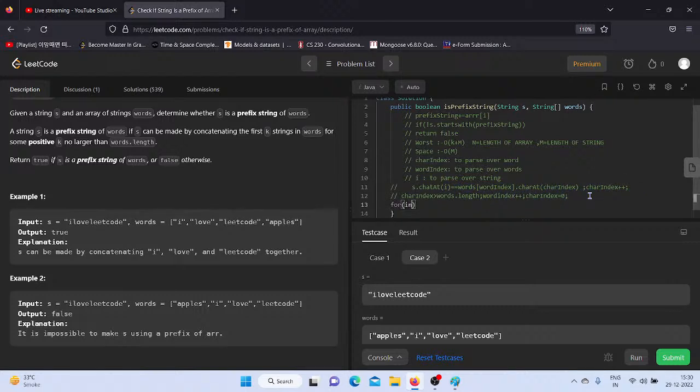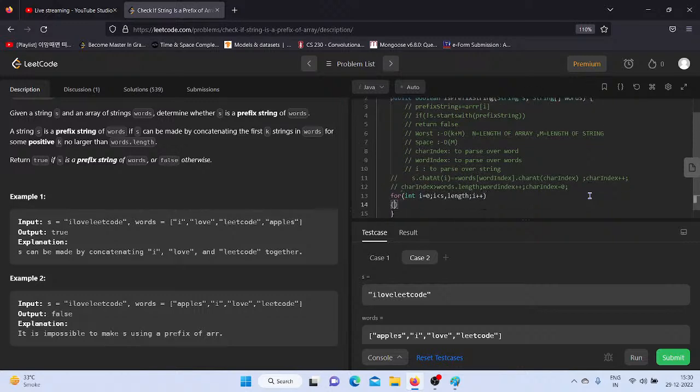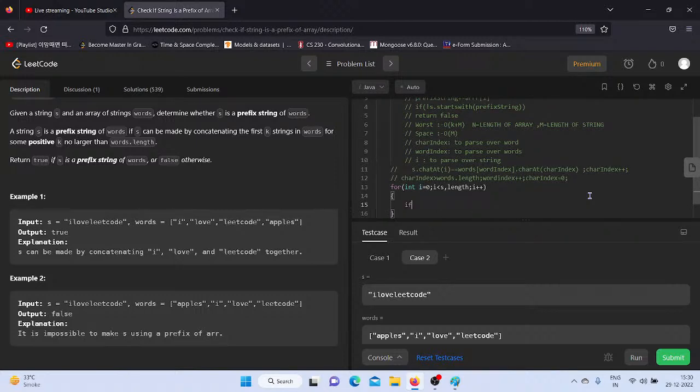For int i equals 0, i is less than s dot length, i plus plus. If character index of, if a words of